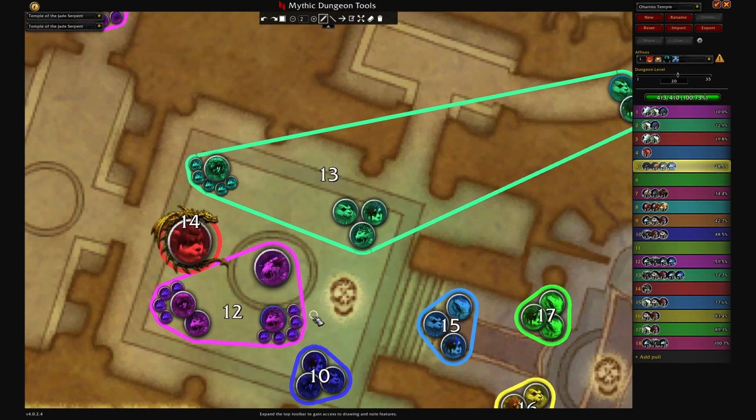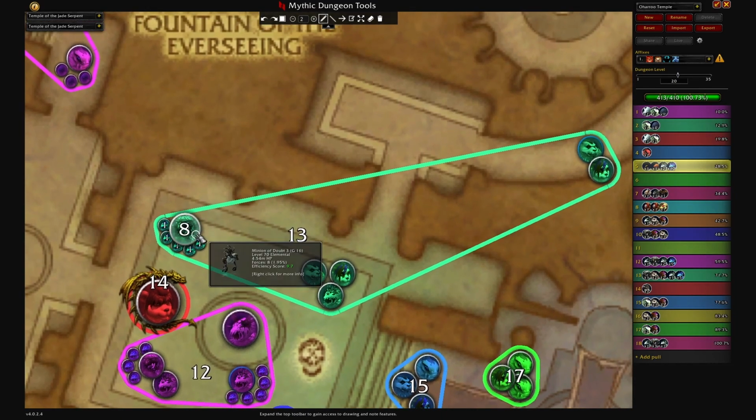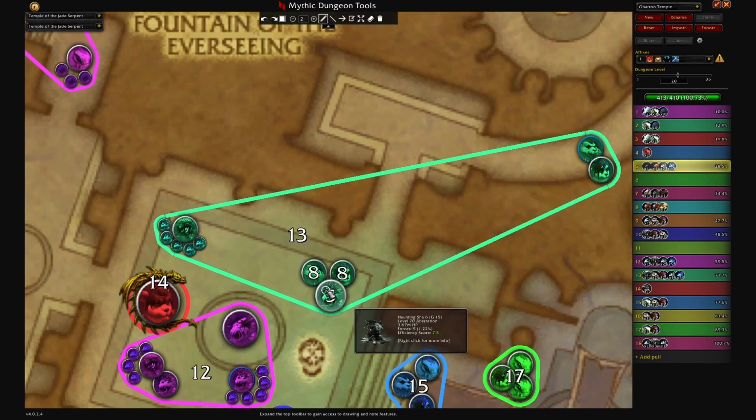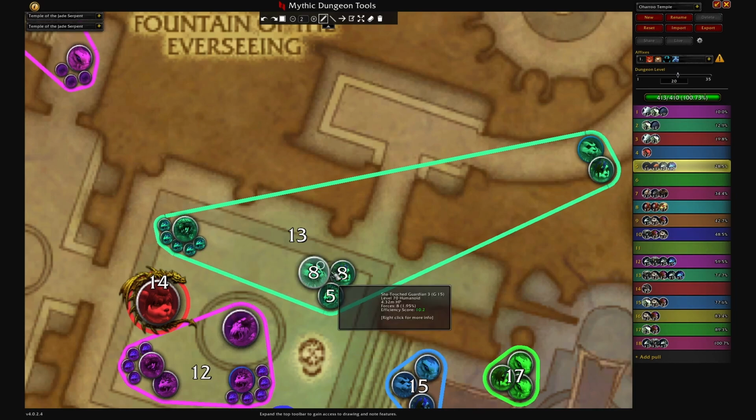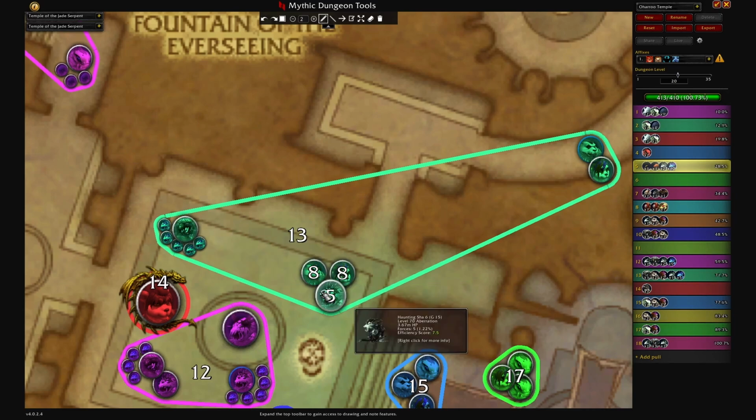Depending on how long this pull takes, you will have Incarn at the start of the next pull, or you will have Incarn like halfway through. So what you guys can do is you can start with this Minion of Doubt, or start with the right pack and then chain it into the next pack. I personally would like to start with the right side because again, Dark Claw hits harder. So I'll start with the right side,